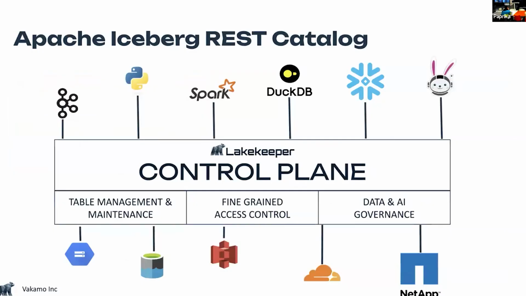That control plane allows you to connect to all the different storages. It can be on cloud, it can be on-prem, it doesn't really matter. And that is how revolutionary Iceberg is, because you are not tied anymore to any storage. And the same on the query engine. You can say, I want to use Spark, I want to use DuckDB, I want to use Trino. You're not tied anymore to a compute engine as before.